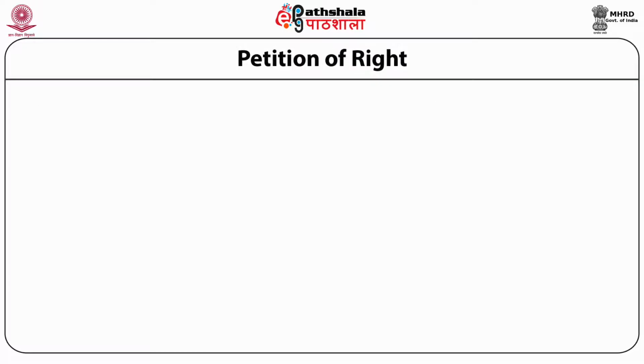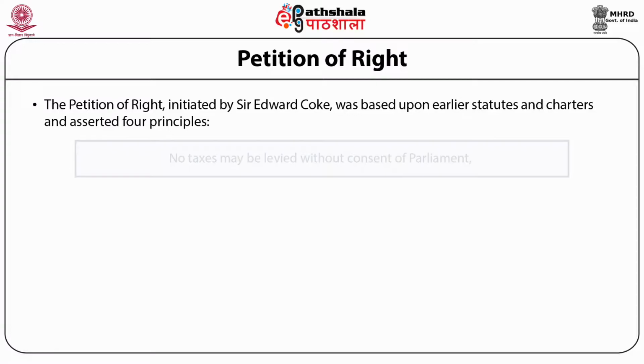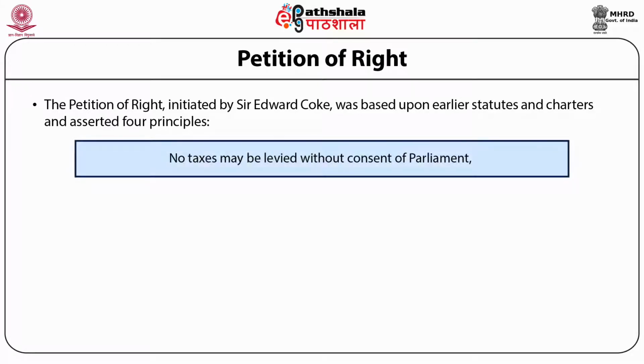Now let's look at some of the clauses and some of the articles of the Petition of Right. The Petition of Right was initiated by Sir Edward Coke, a member of Parliament, and was based upon earlier statutes and charters. The Petition of Right asserted 4 primary principles. No taxes may be levied without the consent of Parliament. Taxes again. No subject may be imprisoned